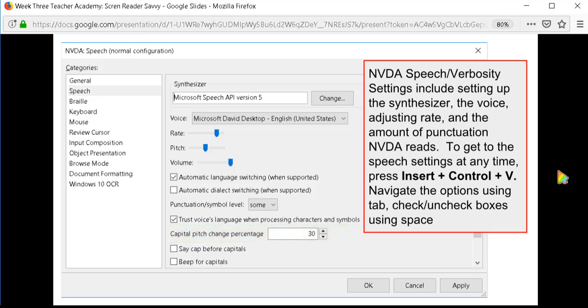The next two checkboxes are also related to capitalization. The first checkbox down there says say cap before capitals. That's for people who maybe have a hearing issue and they would rather hear it announced that way. And the second option is beep for capitals. Same idea. If you have a hearing loss and you can't hear that pitch change